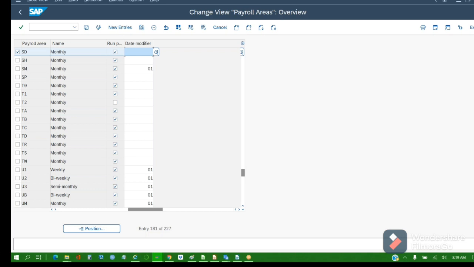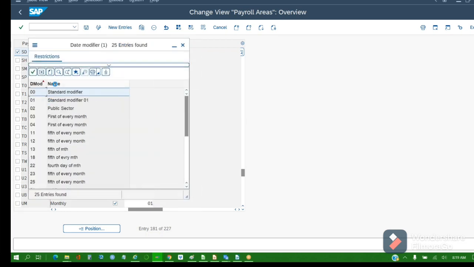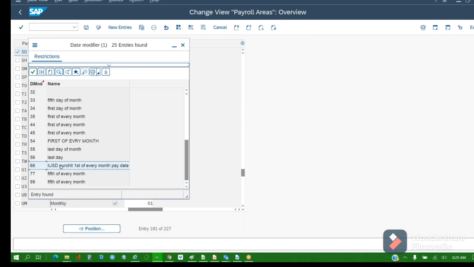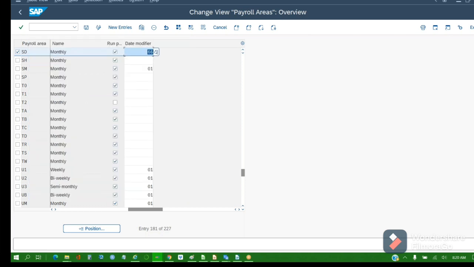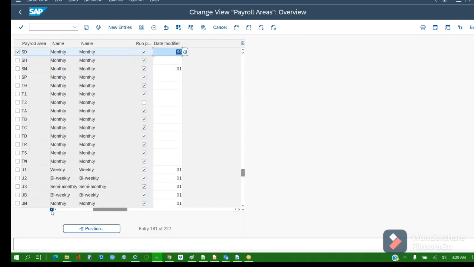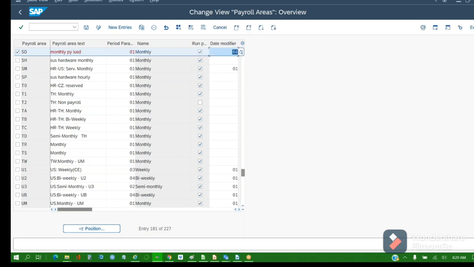It's a pay date, salary date, right? So what we have given, you can select from the list. 66, you can select it. To confirm, you can just check it. Press enter and save this. Please save this.